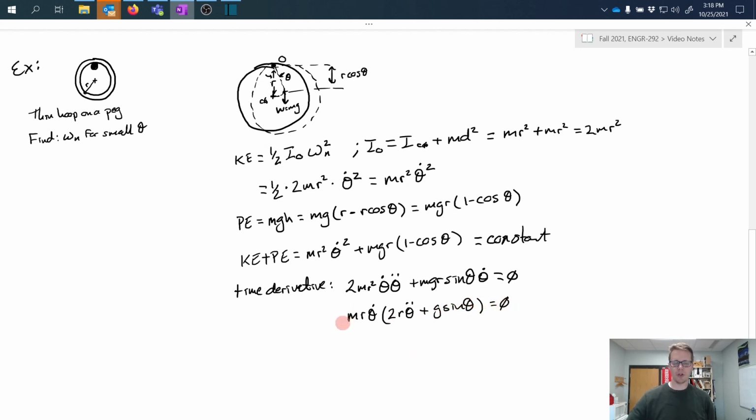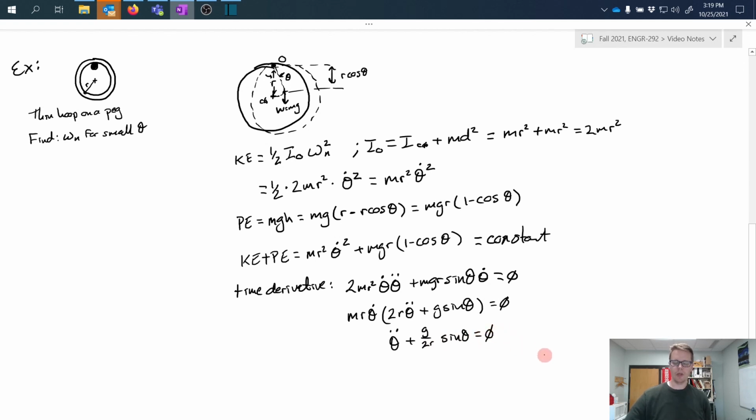So these common terms can be divided out and go into the 0 term on the right-hand side of the equal sign. So with some rearranging now, I get theta double dot plus g over 2r sine theta